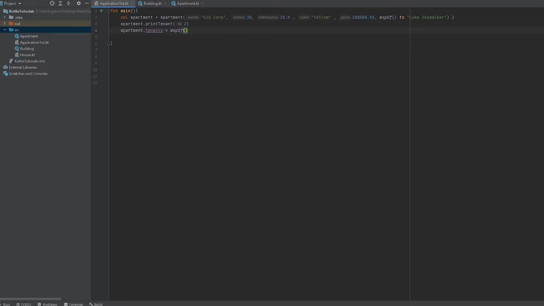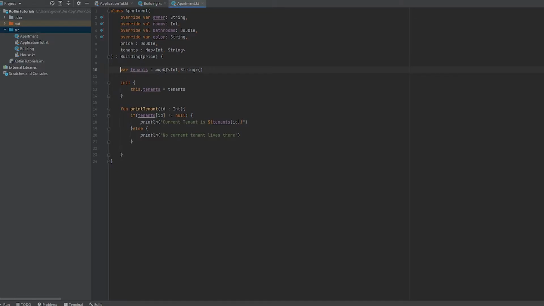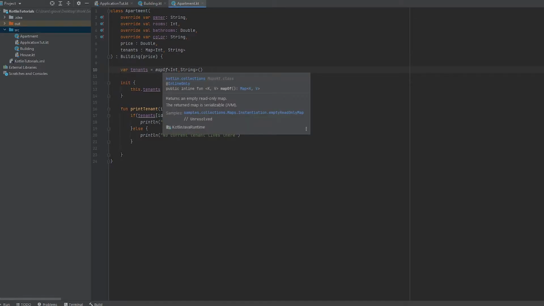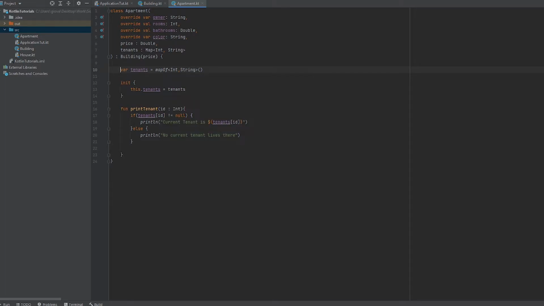That's not a good problem to have. So one way to fix that is to change the visibility of our properties. There are 4 visibility modifiers in Kotlin. There's public, which by default, if you don't specify a modifier, means everything is public, visible to everything from everywhere. And then there's private, which means it's only visible where it's declared. As you can see, the tenants property is declared in the apartment class, and right now by default it's public. But if I set this to private,